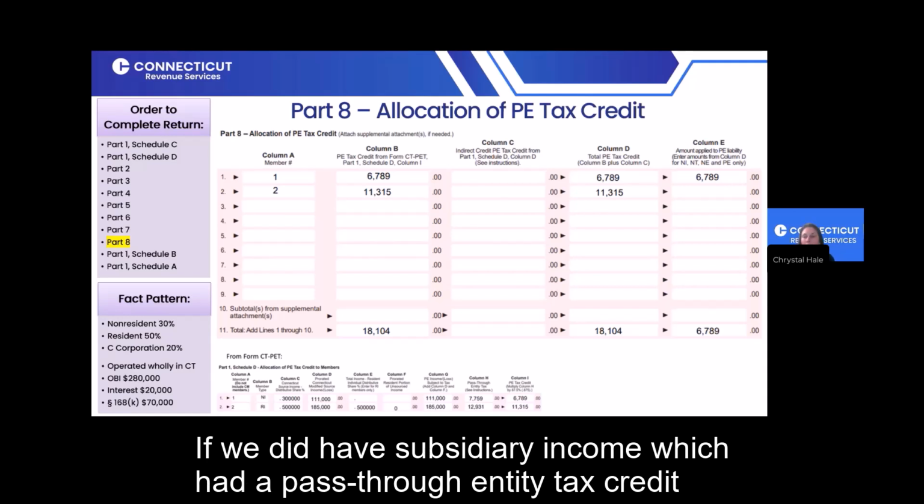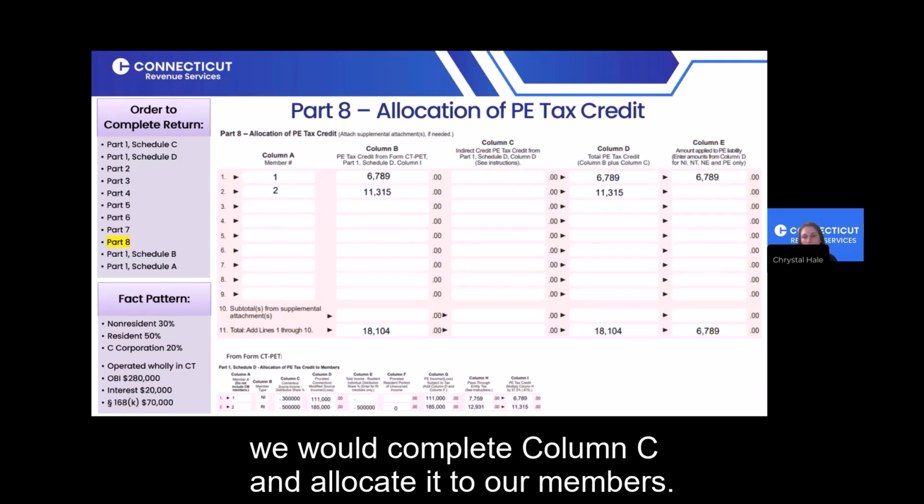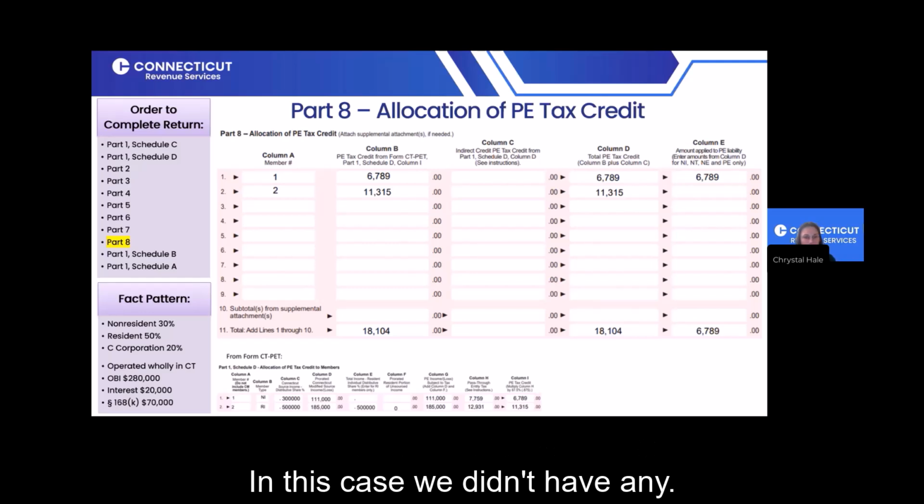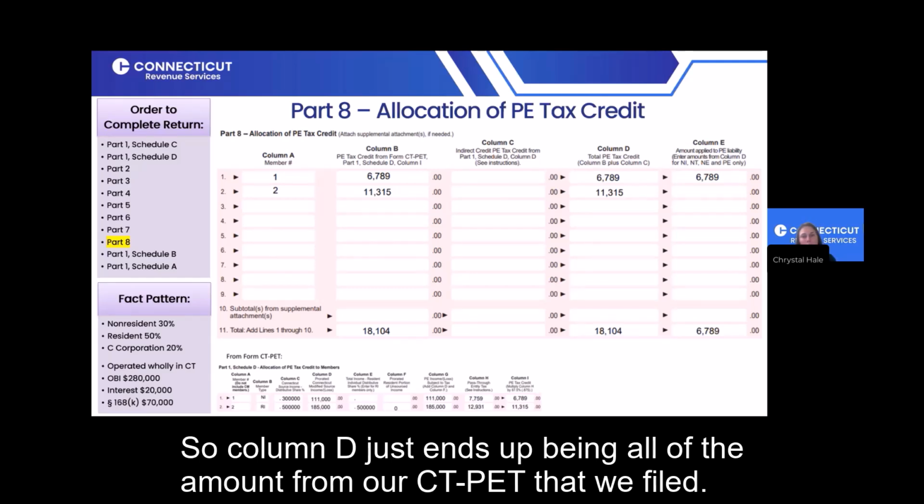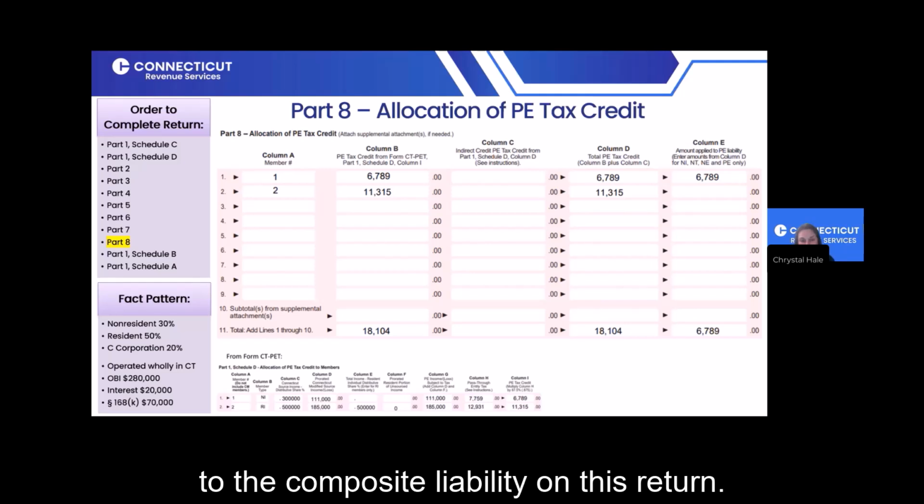If we did have subsidiary income, which had a pass-through entity tax credit that we would have received on a CTK1, we would complete column C and allocate it to our members. In this case, we didn't have any, so column D just ends up being all of the amount from our CT-PET that we filed. Now please note column E is the amount that would be applied to the composite liability